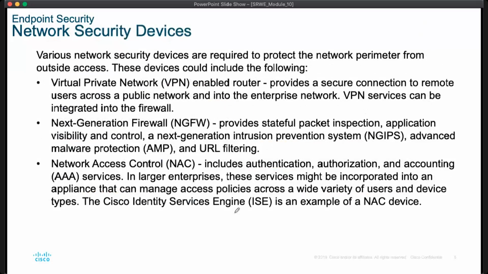So, network security devices. Various network security devices are required to protect the network perimeter from outside access. These devices could include the following, like a VPN-enabled router. It provides a secure connection to remote users across a public network and into the enterprise network. VPN services can be integrated into the firewall. And then the next device is